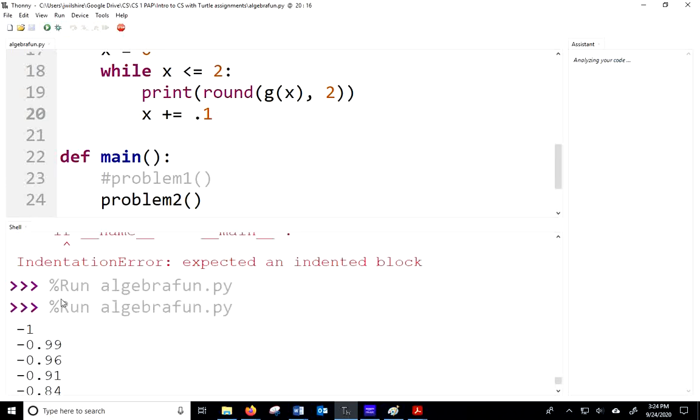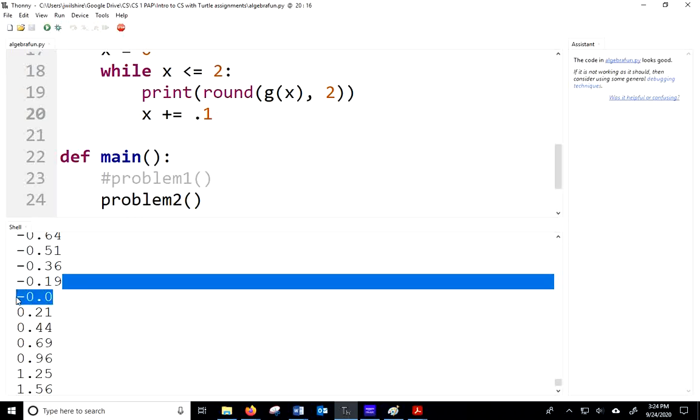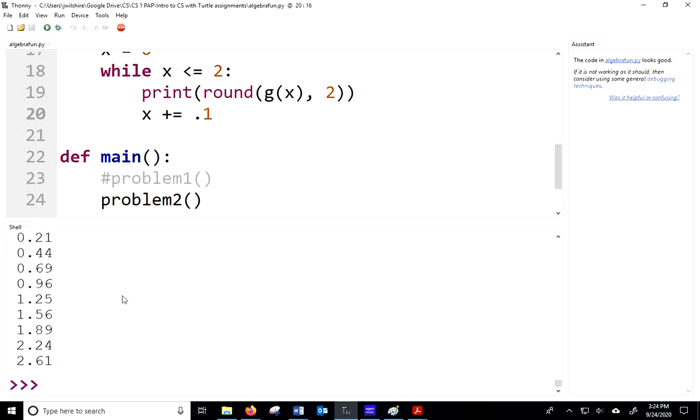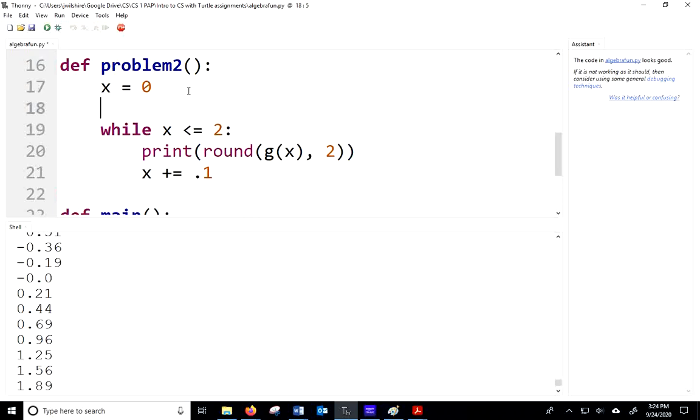Okay, so you see we've got some negative numbers, and then we get that negative 0.0. That means 0, right? Without a doubt. So we've found our answer. We just have to keep track of what x that is. But what I want to do is show you that there are some other things that we could do. We could also make a list,